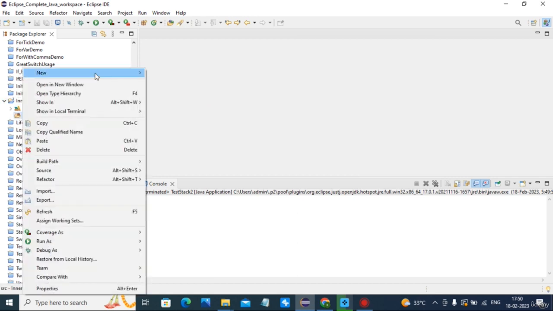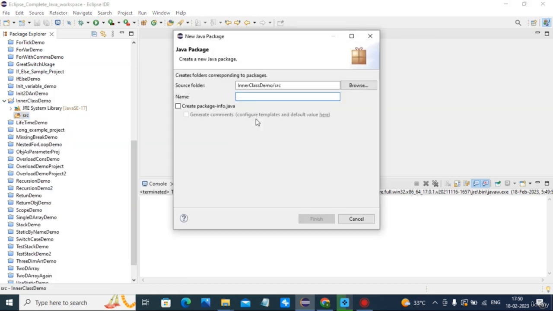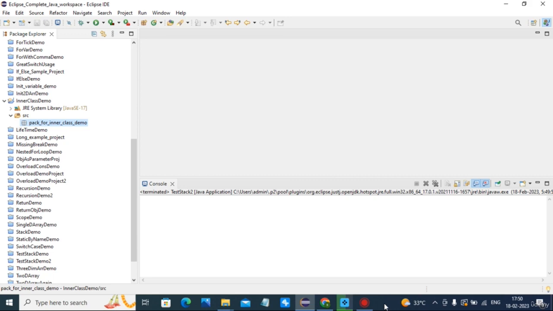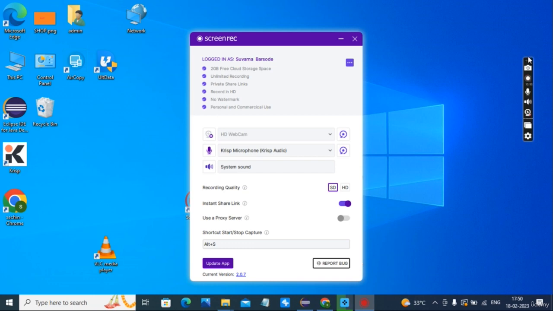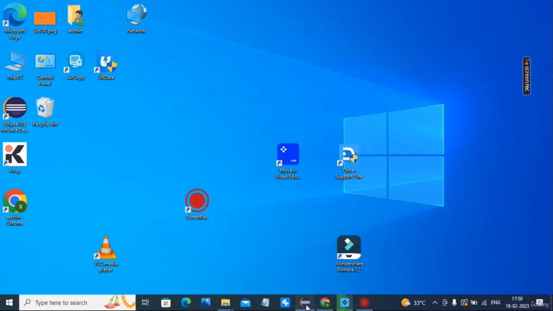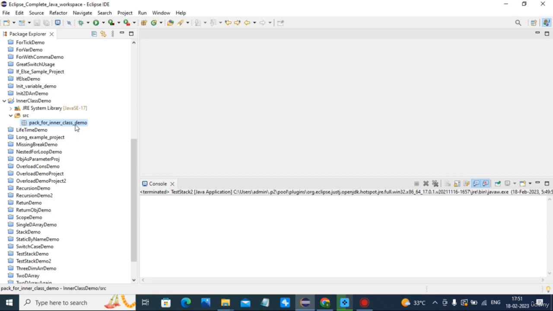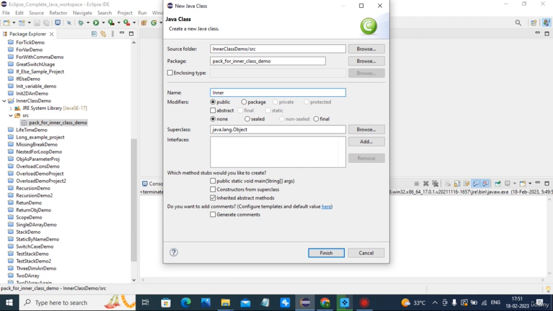Here we create a package, inner class tag. Then I create inner class demo class. Then have public static void main.